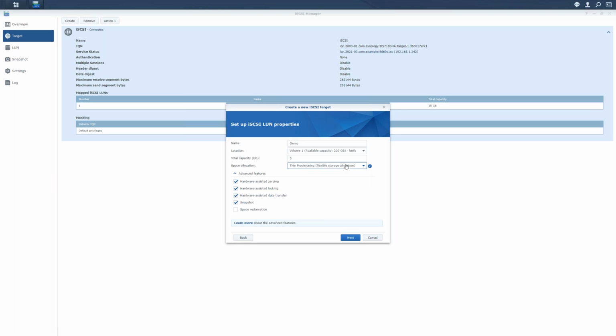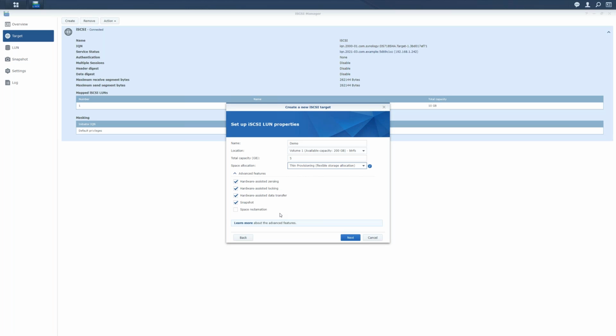When I go into thin provisioning, I now have access to more settings. So we do support space reclamation. You want to check if your hypervisor supports this and what steps you need to take to make that happen. But space reclamation is like this. Let's say you have that 1 gig of storage on your LUN, and now you filled it with 5 gigs, but now you've deleted stuff. When you delete stuff without space reclamation, you want to get that space back.